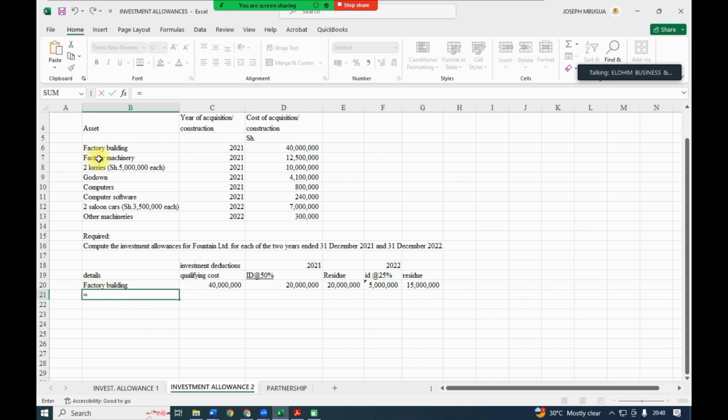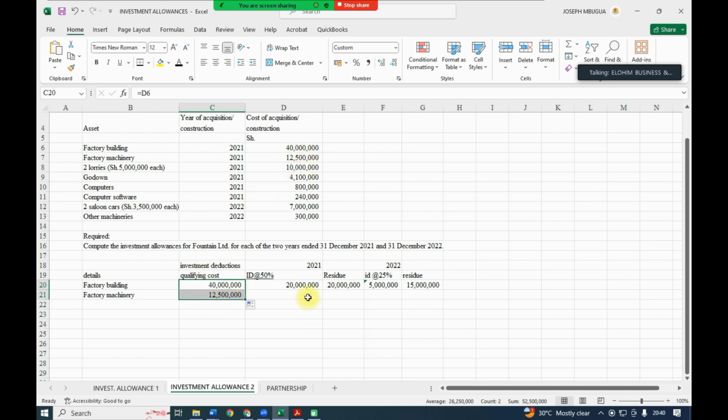Factory machinery, the same category. Here, you can drag this so that you get 12,500. This one you have already calculated. Just drag what you have done to get those values, and even this one, and even this one. Just drag and you'll get your values. So you can see this one is a minus E21, this on the residue minus the tax, and you get your value for the factory machinery, which still qualifies for